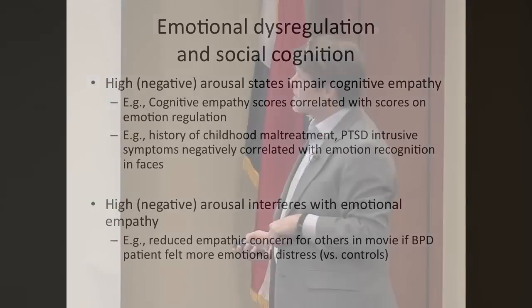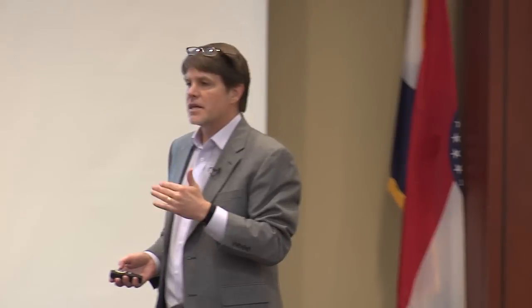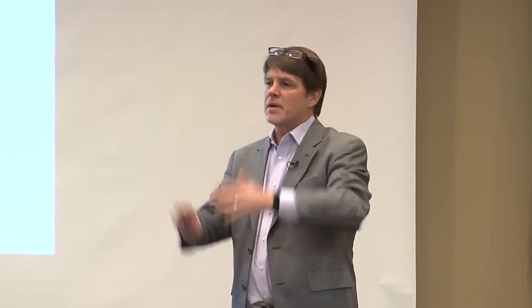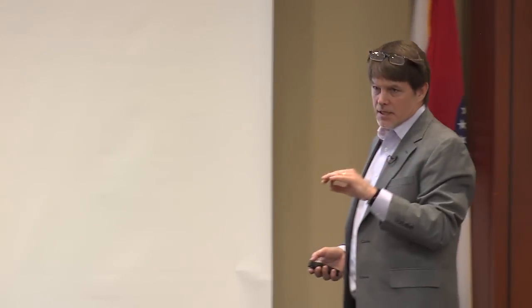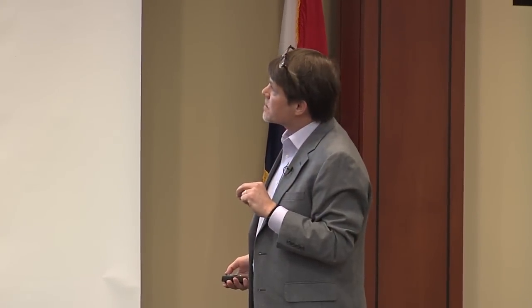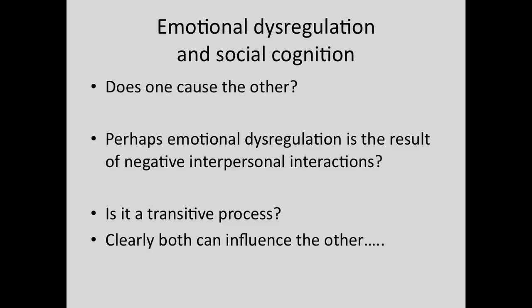Okay. So this is a very nice way of summarizing the literature. It gives us some ideas about potential mechanisms. It's one thing to say people have interpersonal problems. All of us have interpersonal problems, some more than others. But here we have some ideas from laboratory studies as to what some of the potential mechanisms are. All right. I've already kind of covered this, but again, I'm going to highlight and make a case for the importance of emotion dysregulation or high negative arousal states, being part of this system that leads to interpersonal problems.